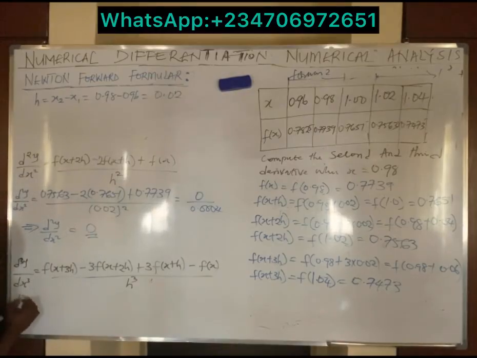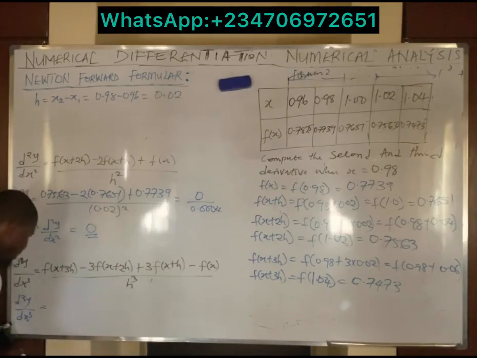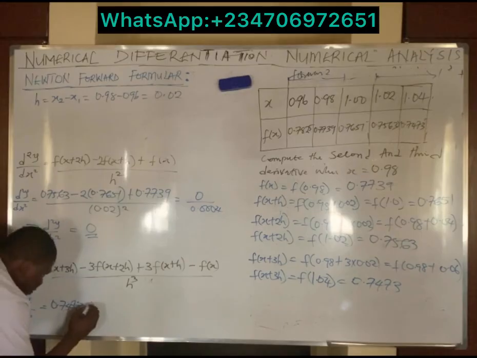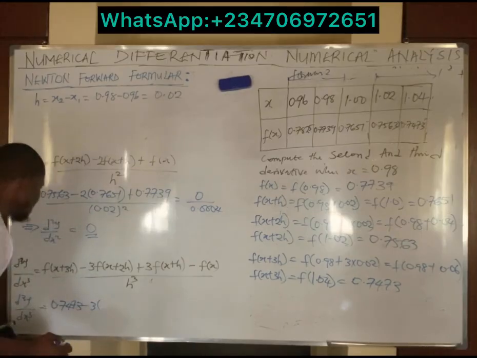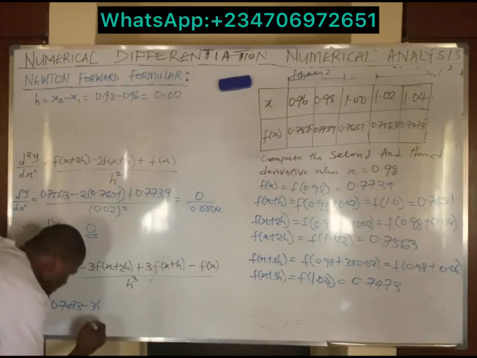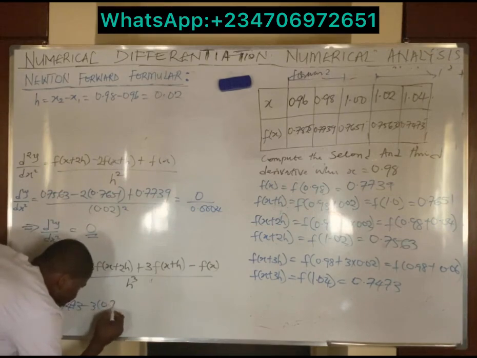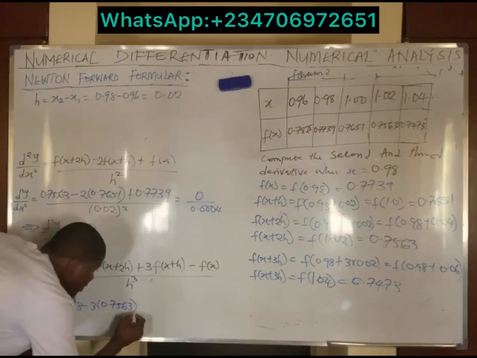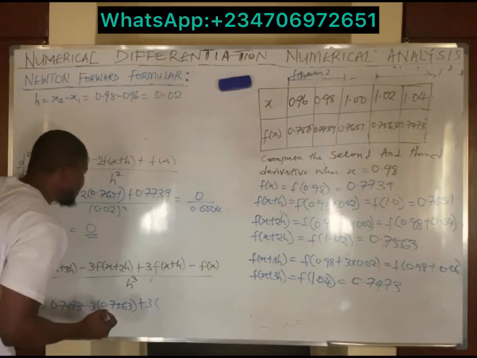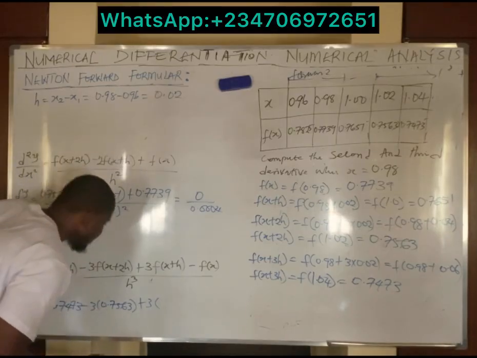So the third derivative, d cubed y over dx cubed, is now equal to f of x plus 3h, which is 0.7473, minus 3 into f of x plus 2h, and f of x plus 2h is simply 0.7563, plus 3 f of x plus h. f of x plus h simply gives us 0.7651,